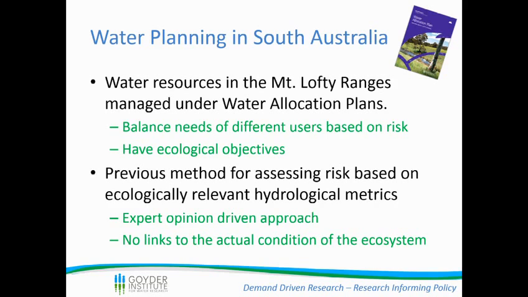The reason that we're looking for a new approach is the old method that was used in the generation of the current WAPs used an expert opinion approach. This was due to the fact that there wasn't actually too much monitoring data at the time. So they needed to go with the best available information at hand, and that was getting all the experts into a room and drawing out as much information from them as they could. However, it doesn't have any numbers behind it, and when you're talking to the community, you're talking to scientists, having numbers is always a really good thing, because you can say, look, here's a graph, here's a number, here's something absolute.